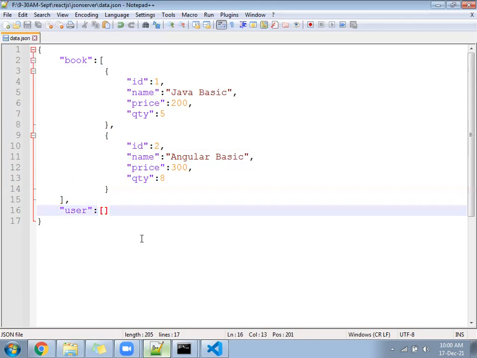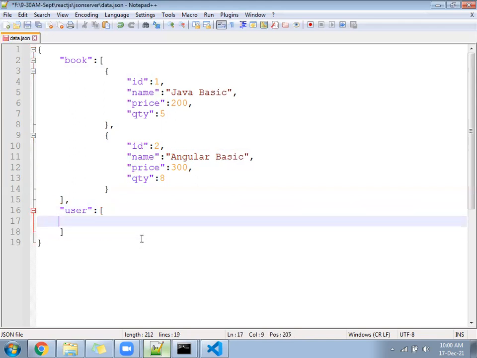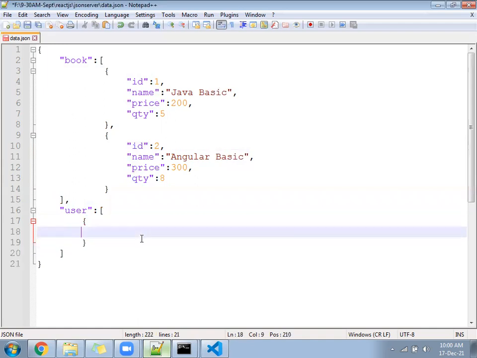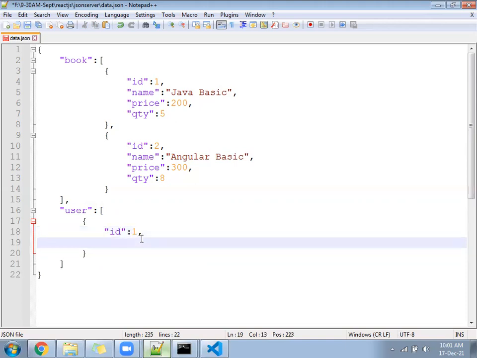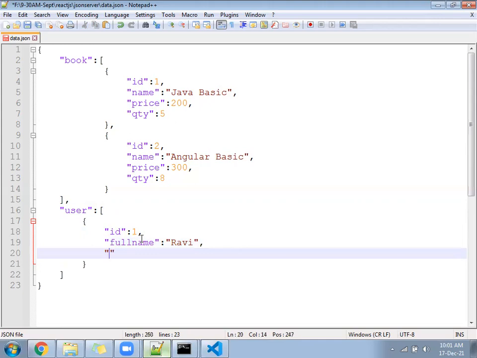Now go on to the user. ID 1, full name, mobile, age.